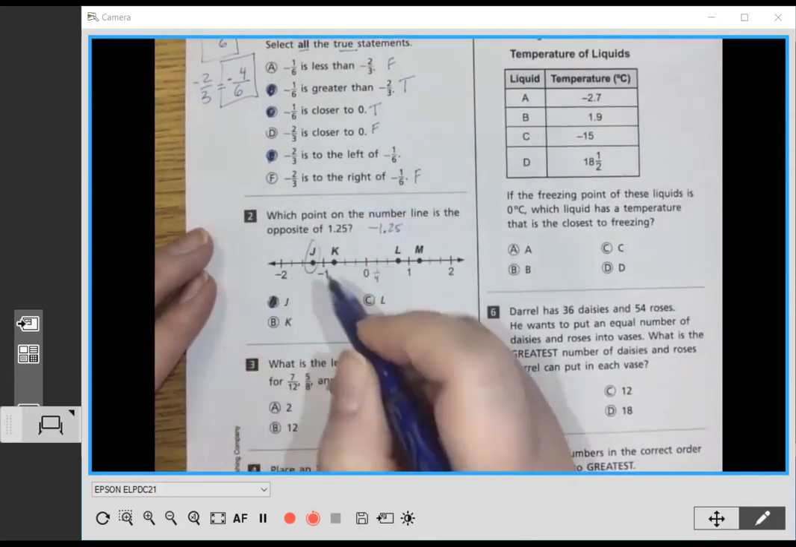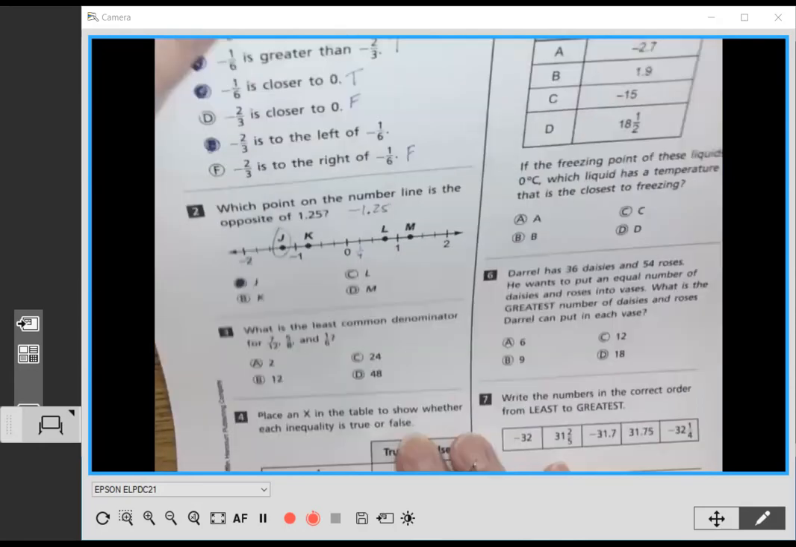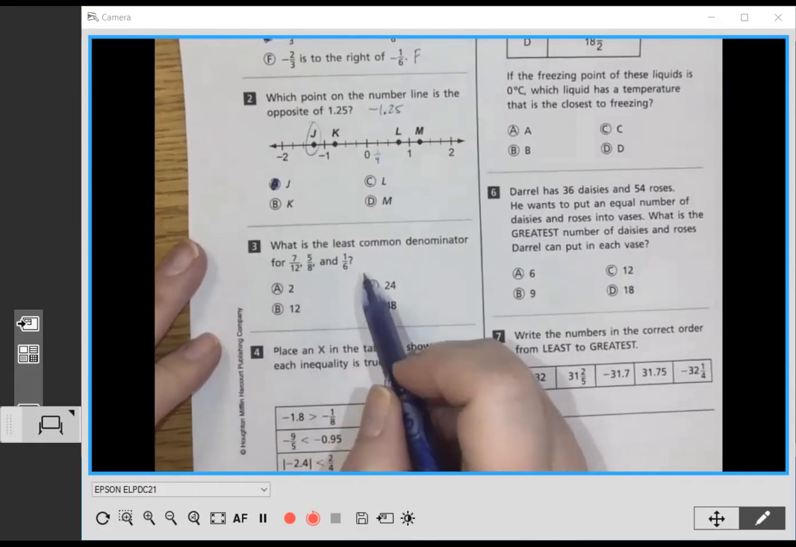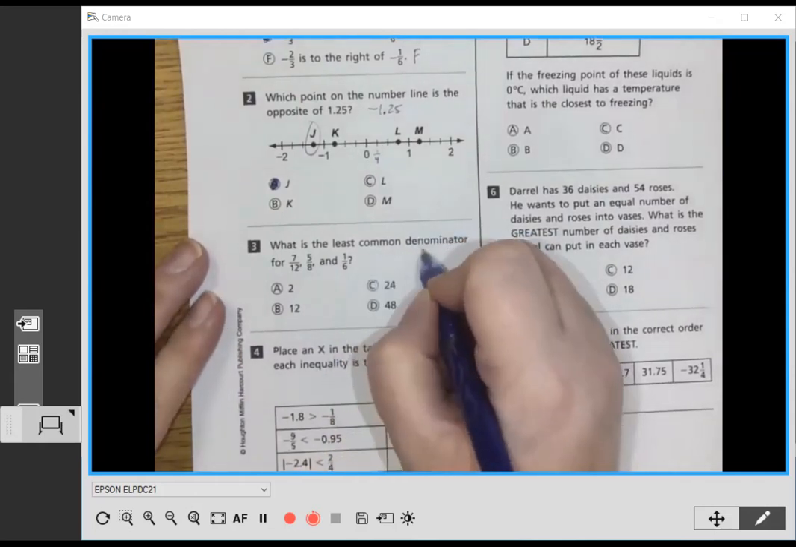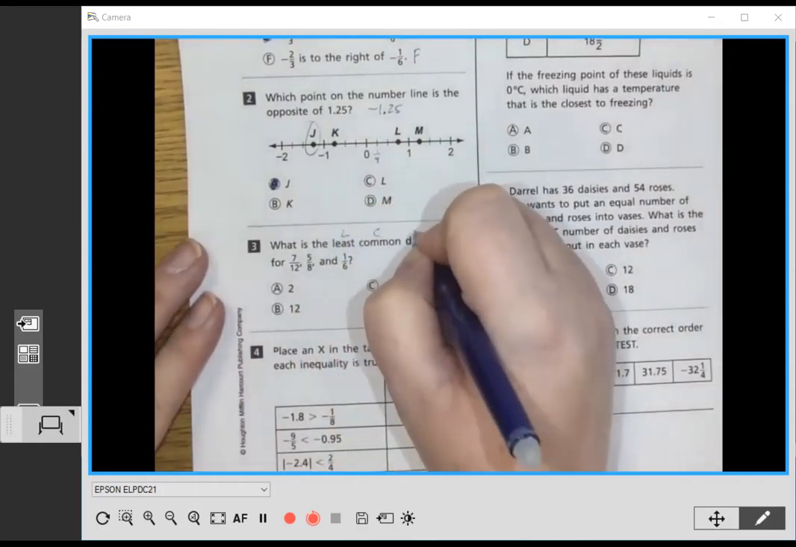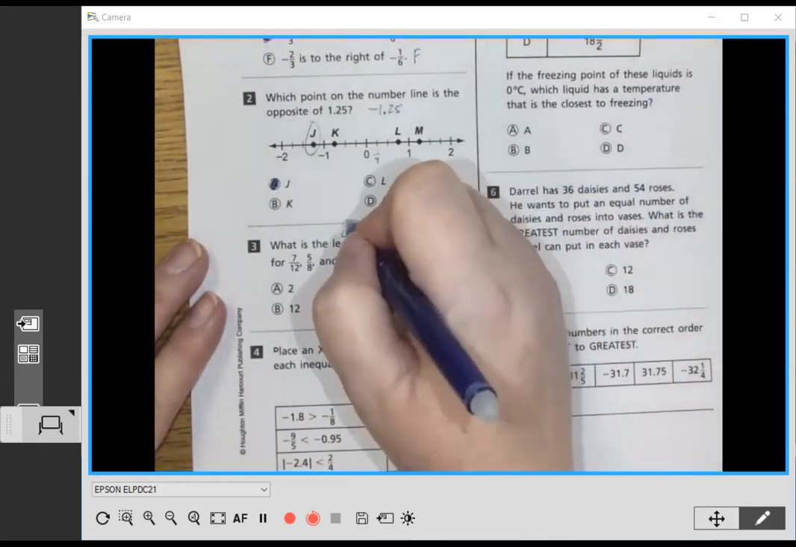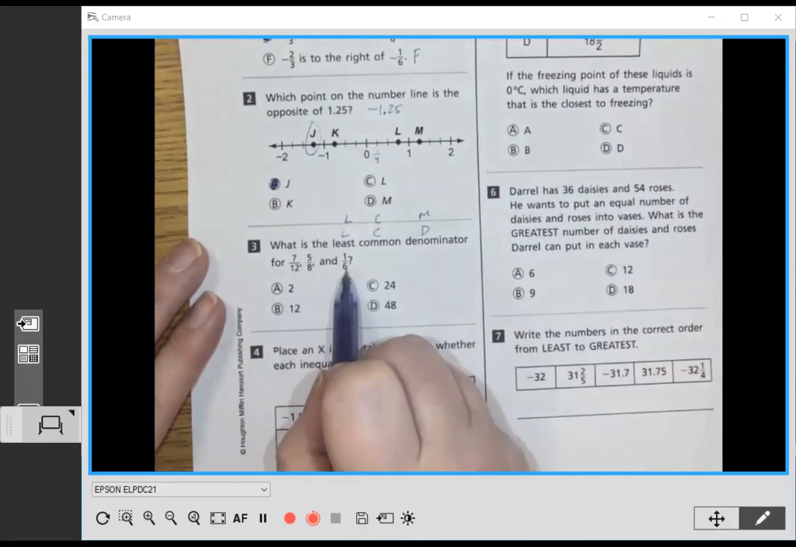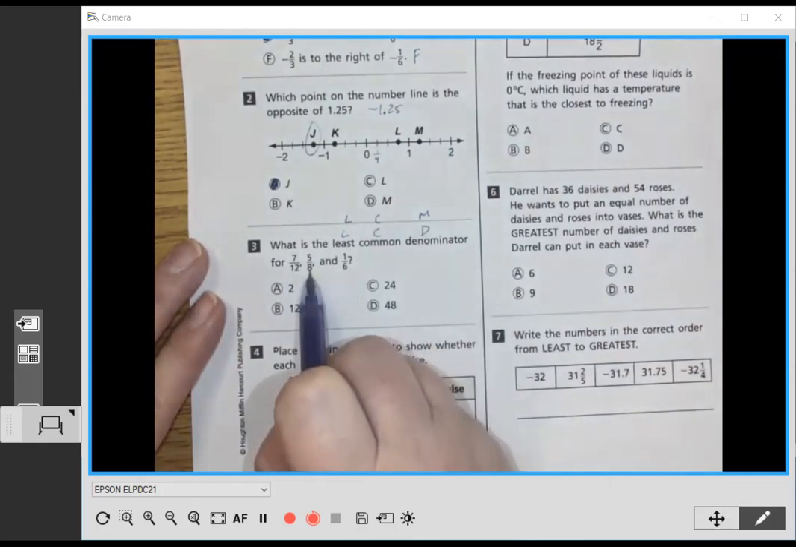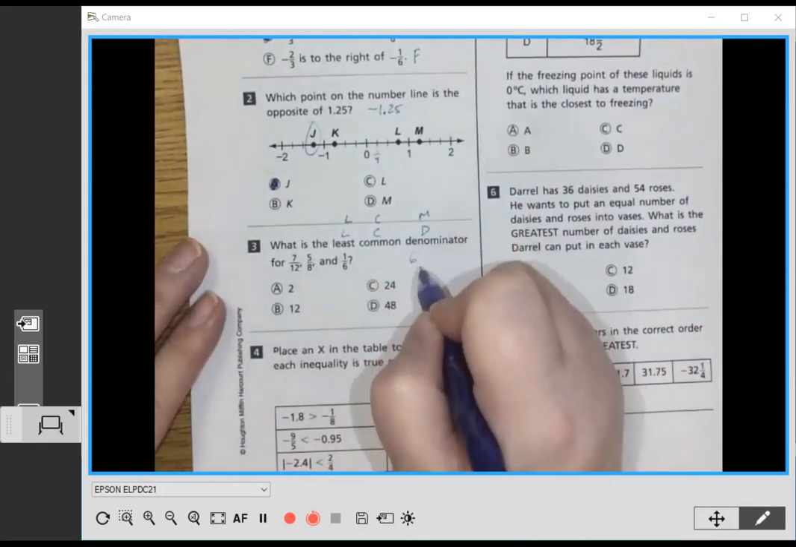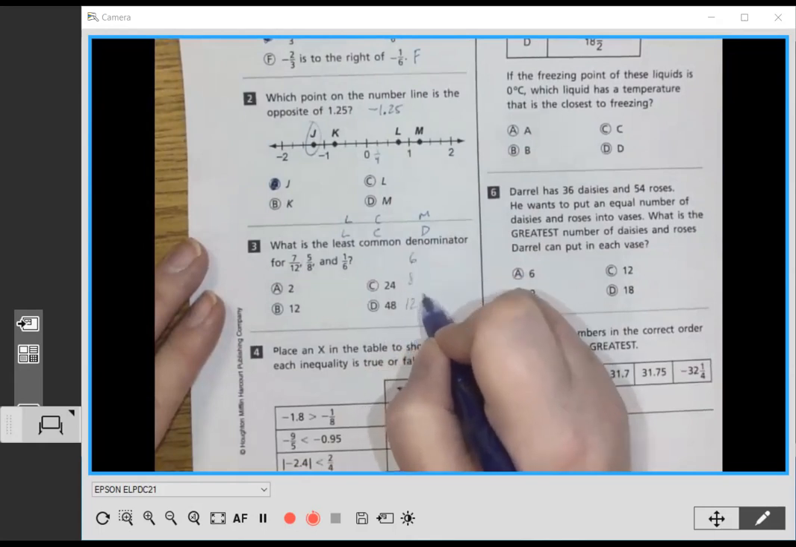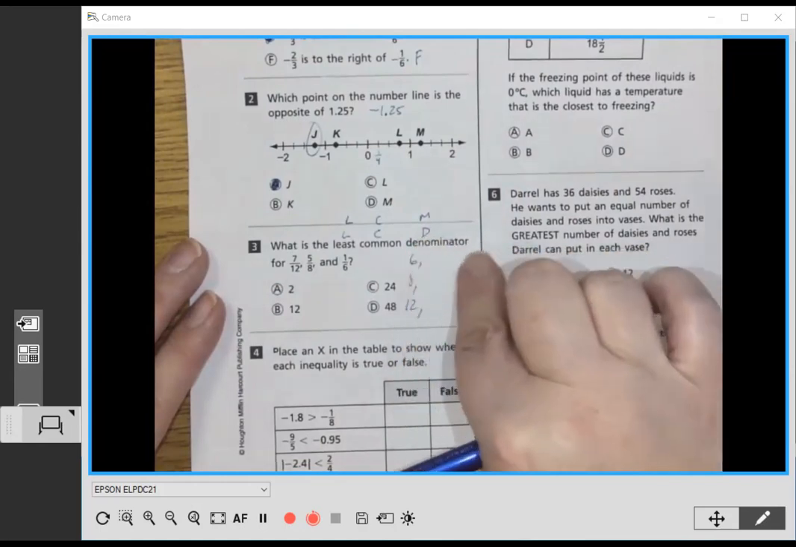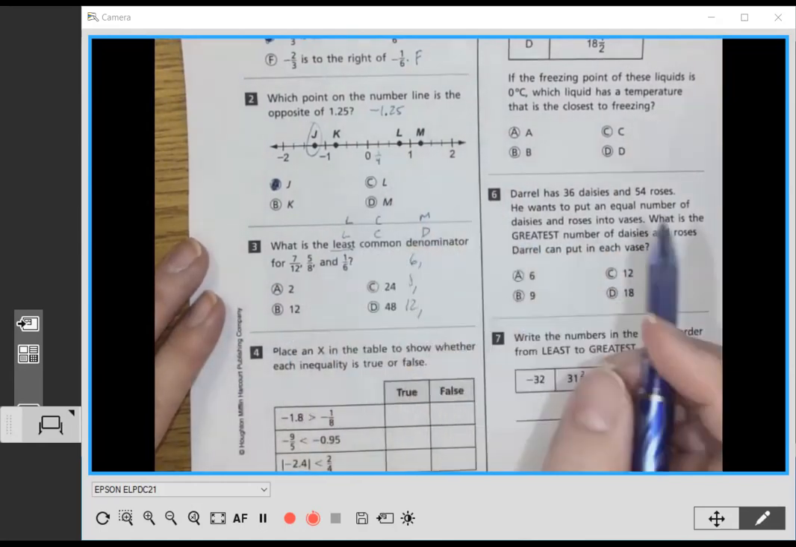Okay, number 3. What is the least common denominator for 7/12, 5/8, and 1/6? So first of all, we have to find the multiple. To find the least common denominator, we use the least common multiple, LCM, of the denominators. So we're looking at 6, 8, and 12. We want to list the multiples of each until we find the lowest common